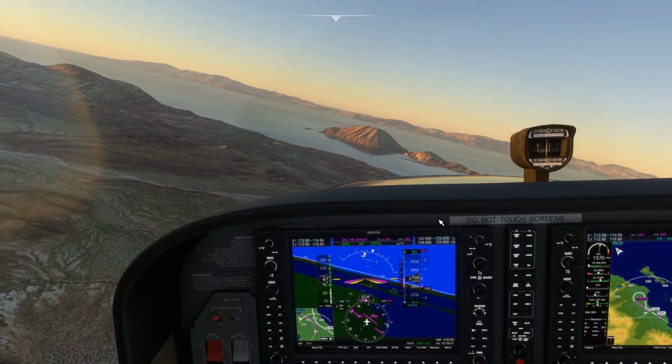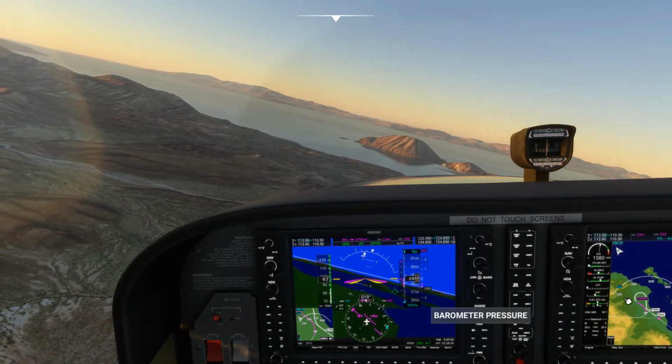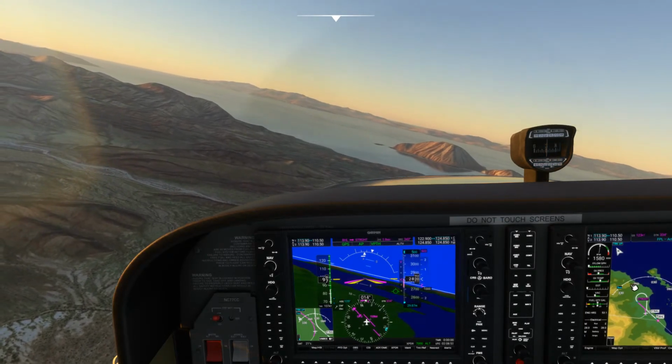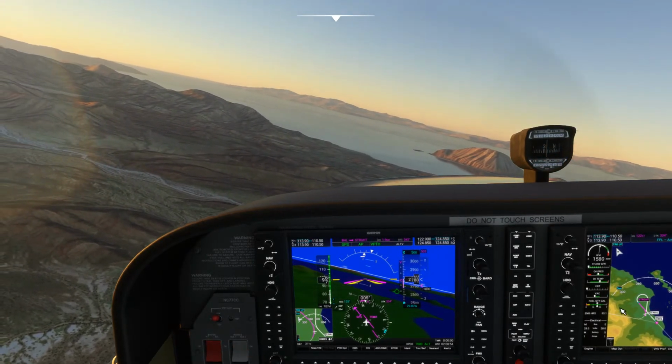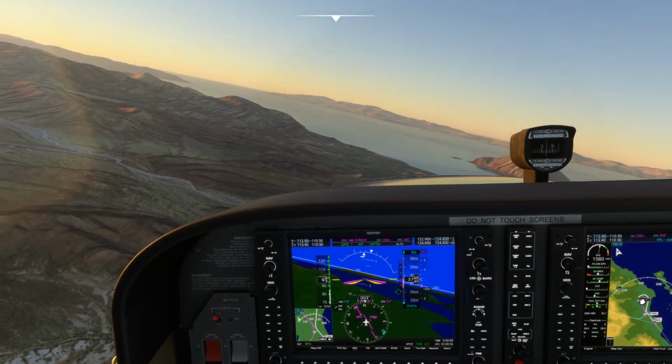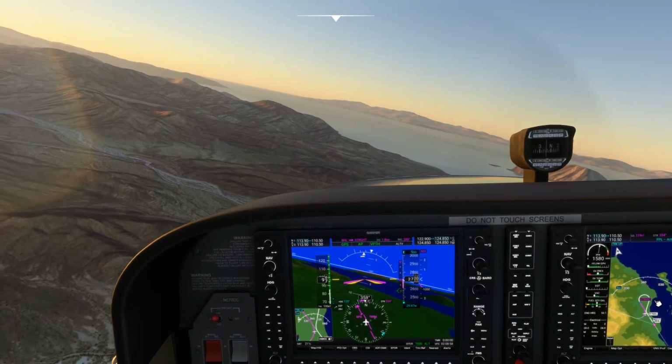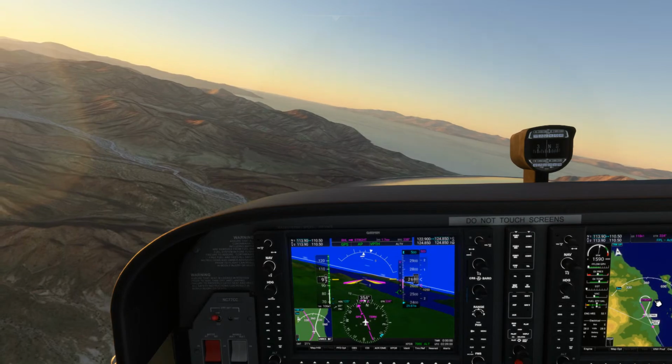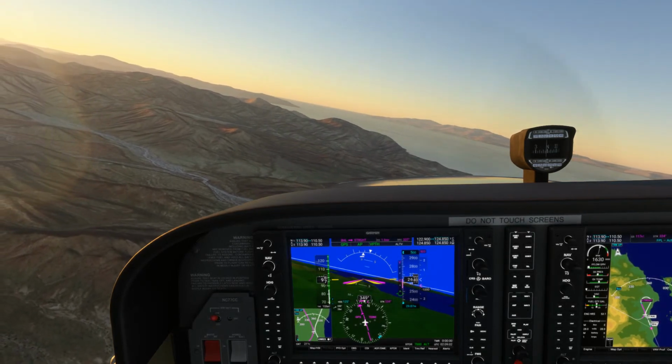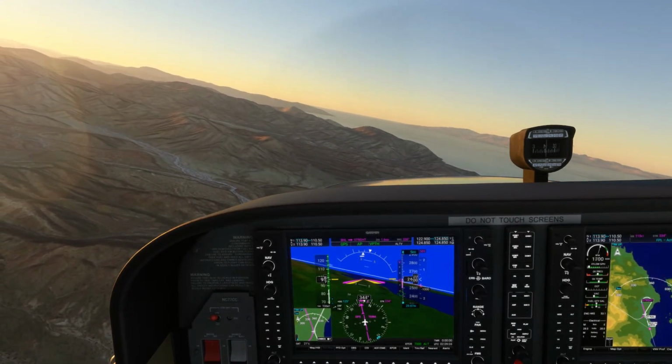I've got to watch now for these clearances over here. I think we'll be okay. You can see right there, that would be the higher elevation, and we're pretty much in the green the whole way through. So we should be okay. Keeping an eye on it though.